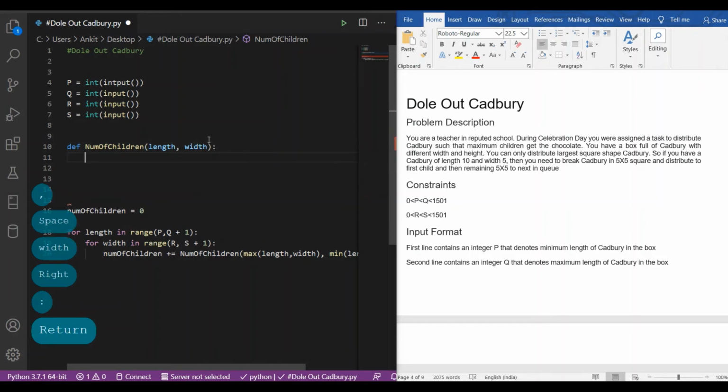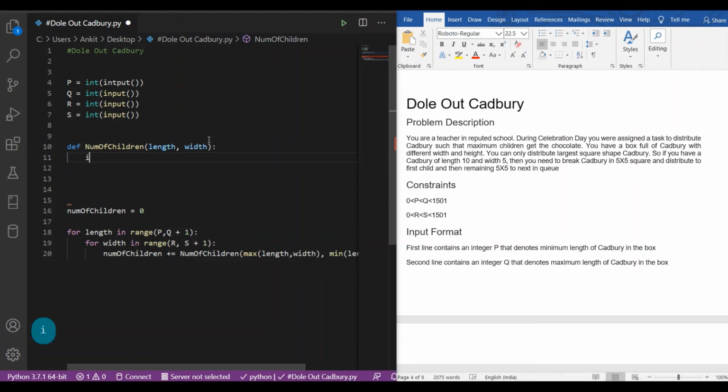Now there might be two conditions: the length might be equal to the width, or the length might be greater, as we have taken the length as the maximum value, which would be passed by the function from the for loop.